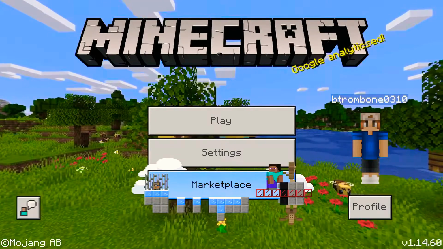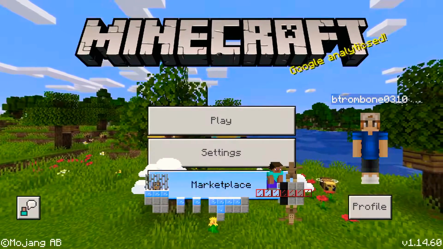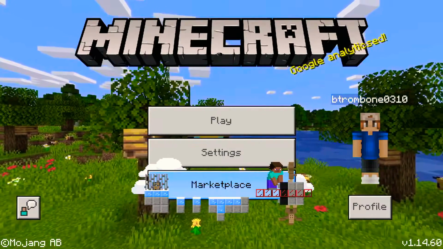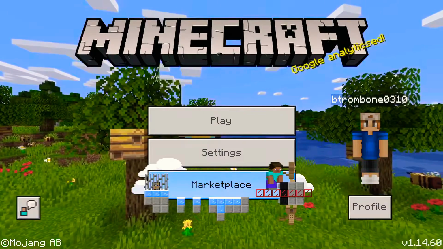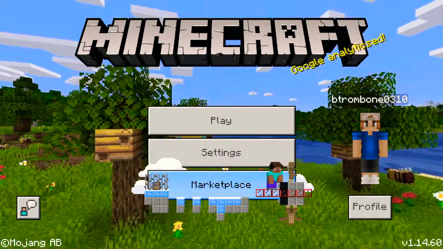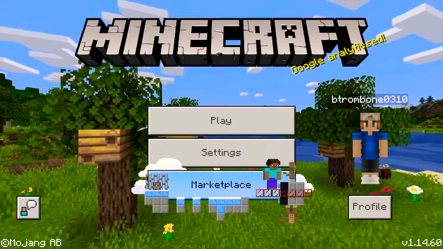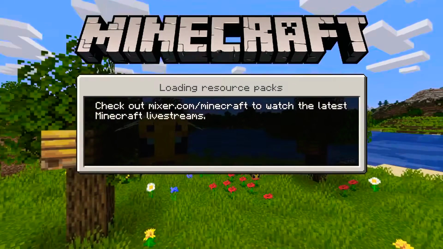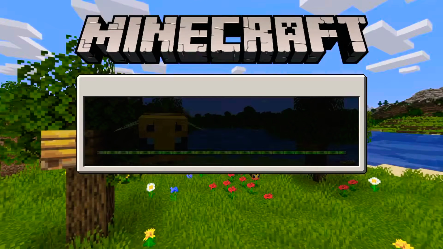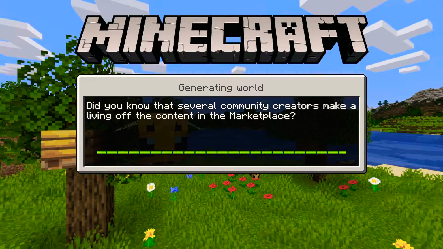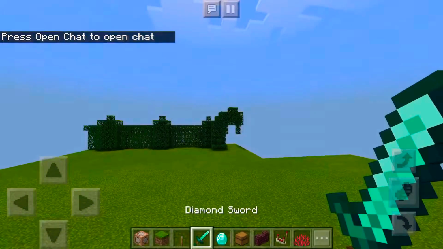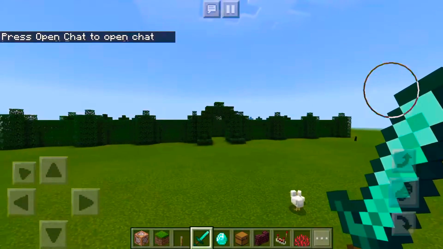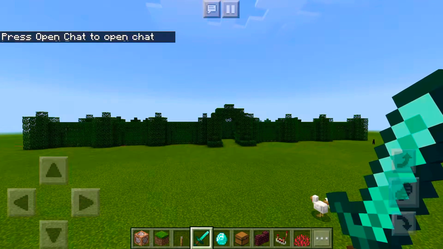So today I'm not going to be showing a house or any buildings, but I'm going to be showing something I consider to be a cool and kind of complex build that only took me 4 days, which is surprising for me. So, without further ado, I present to you the Overlook Hotel Hedge Maze from Stanley Kubrick's 1980 The Shining,